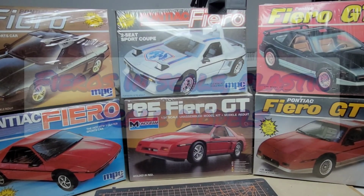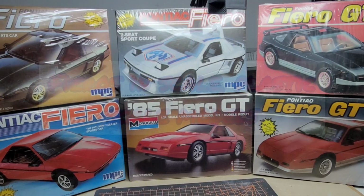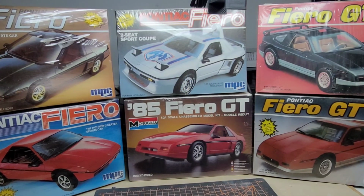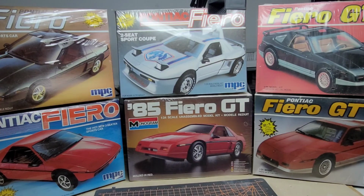Back to Fieros and Scale. This episode is going to be inspired by the Model Car Guys show, episode 10 in fact, which is to build or not to build a vintage model car. And I'm covering in this episode the vintage kits, if something from the 80s can be called vintage,